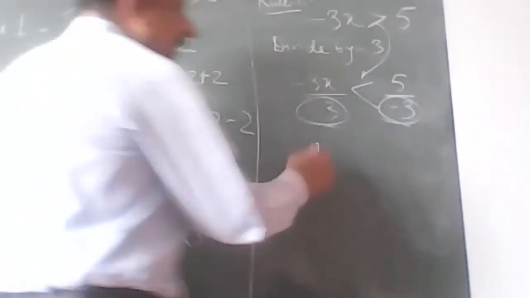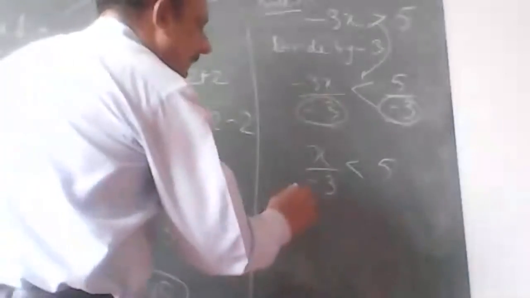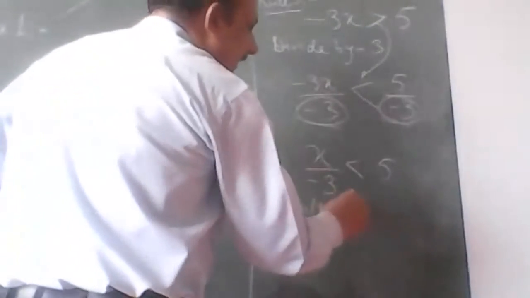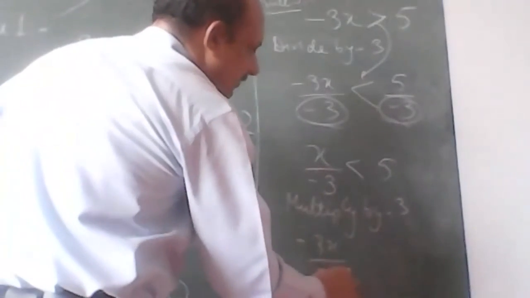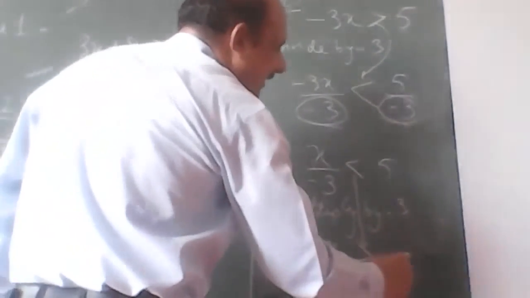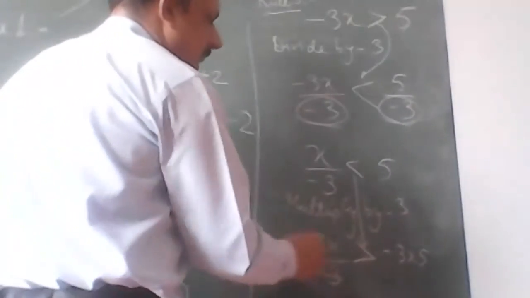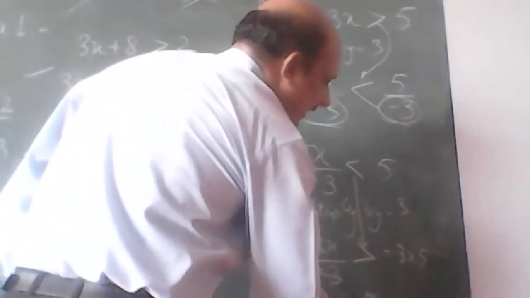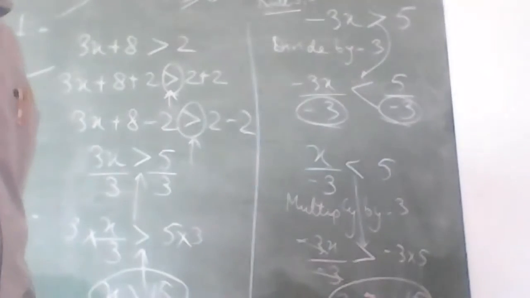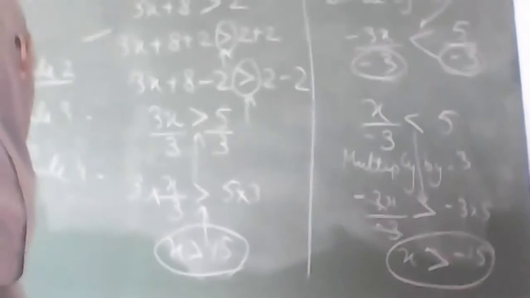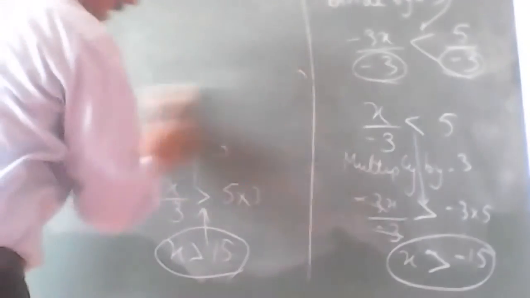Similar thing would happen if it is x upon minus 3. And I multiply by minus 3. So minus 3x upon minus 3 would become now greater than minus 3 into 5. So x is greater than minus 15. I hope I am clear. This is important because this would create troubles in the long run. I hope all the rules are